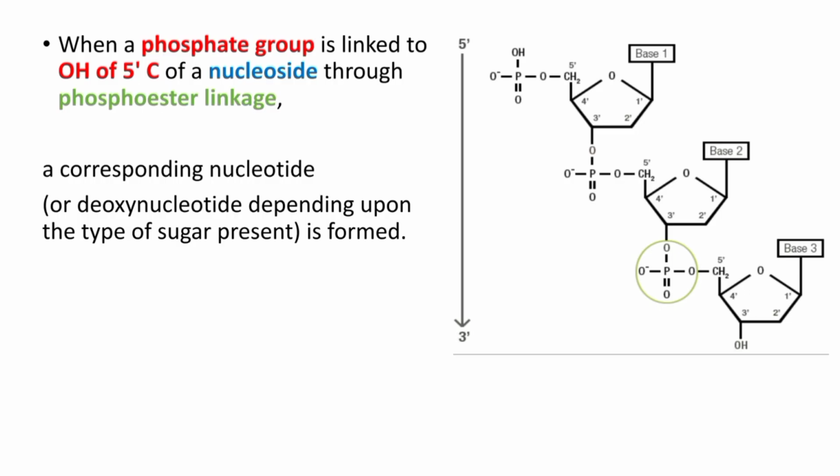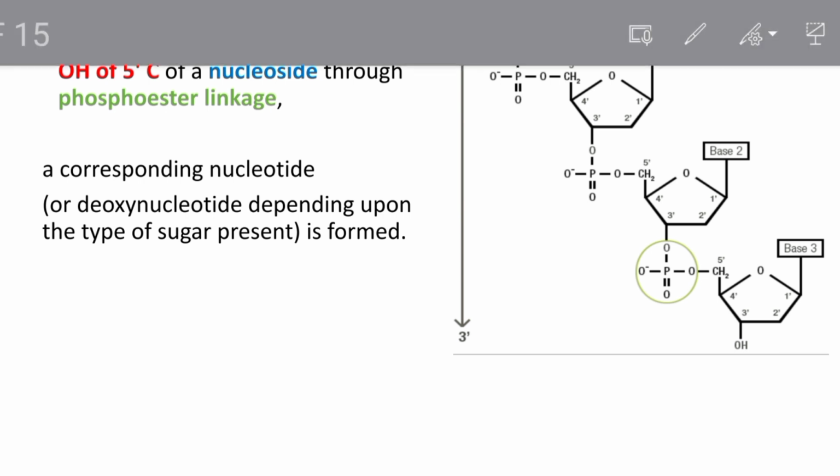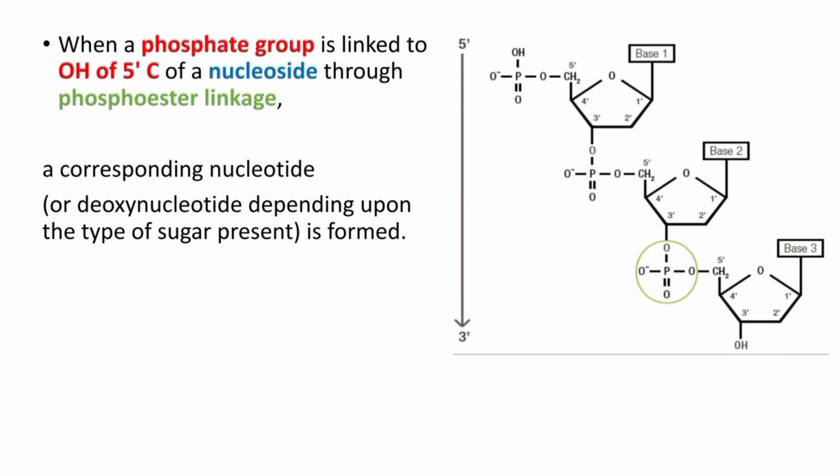When phosphate group is linked to OH of fifth carbon of nucleoside through a phosphoester linkage, a corresponding nucleotide is formed or deoxynucleotide is formed depending upon the type of sugar present. So phosphate group attaches to fifth carbon of the nucleoside